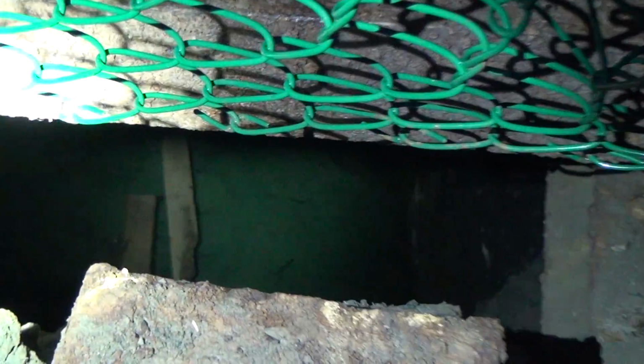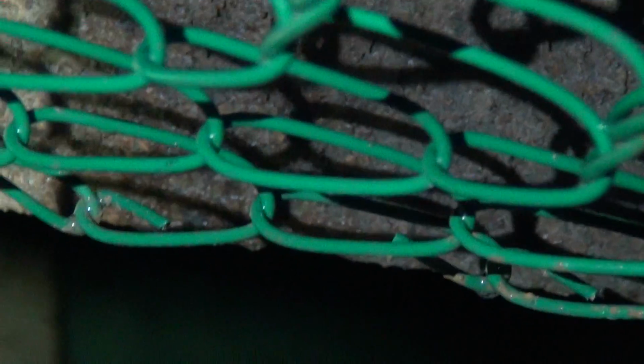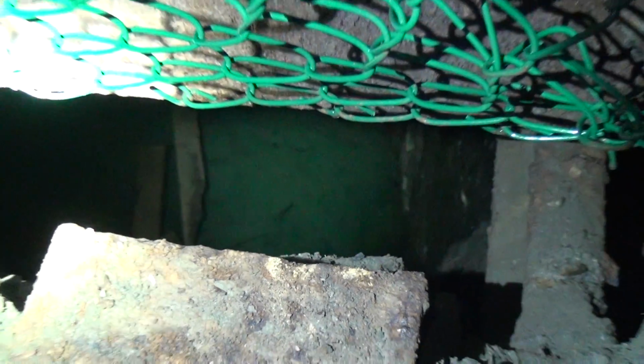I don't know if you can see through there very well, but it's down at the bottom. She's pretty full of water. Looks like it's maybe about 30 or 40 feet down there. Roughly, maybe, I don't know. She's definitely full of water though. You get a bit better view here. I don't want to get too close because I don't want to end up down there. I don't feel like swimming today. I took my swimming lessons, but